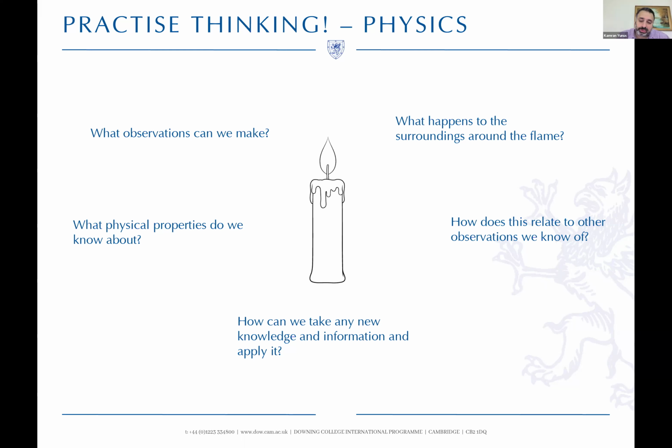For those students who are interested, once you've figured out why the shape looks like a tear shape, ask yourself what would happen to the shape of the flame if you were to take this candle to the space station and light it there, where there is oxygen but no gravity. How would the shape of the flame change there? And again, it's about your critical thinking skills and what logic you apply.